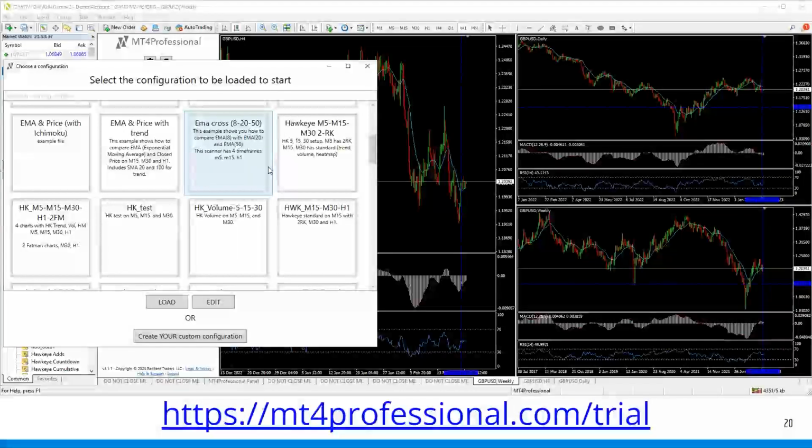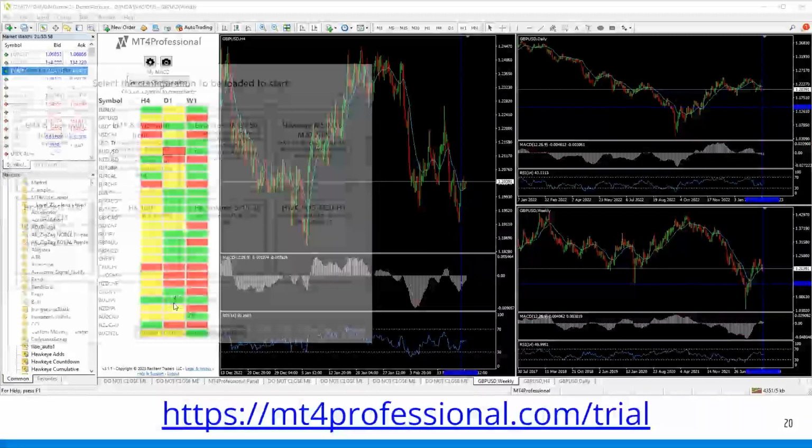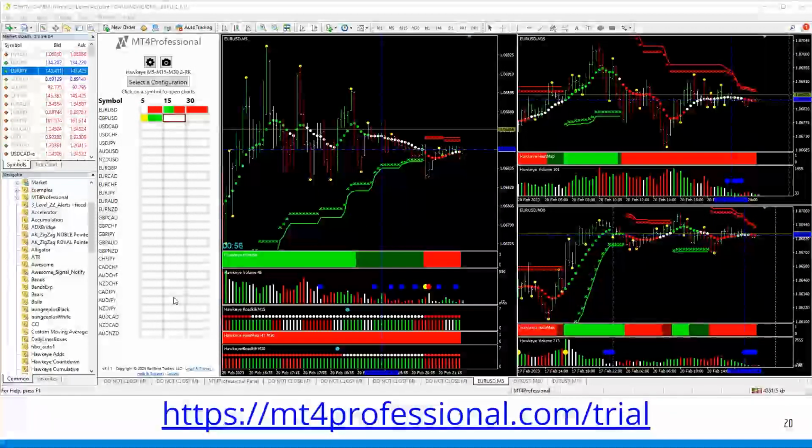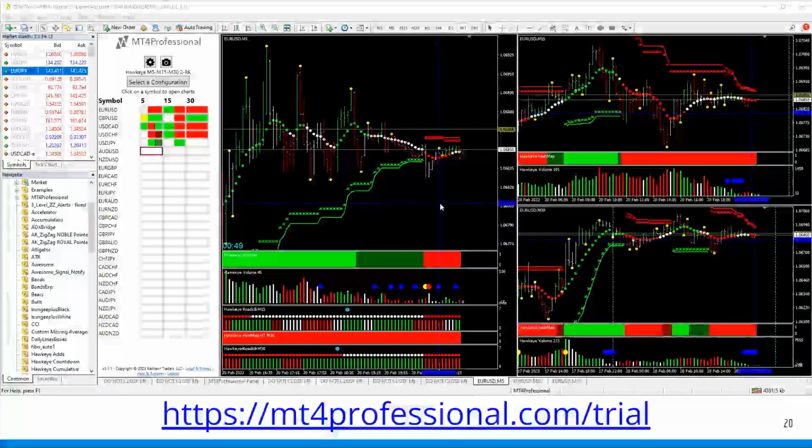Third-party indicators. Yes, you can use third-party indicators, and if you've written your own indicators or purchased some from another vendor, you can integrate and use those within the scanner just as well. Here's one that I like to show because it shows the Hawkeye tools, Hawkeye traders. It's a third-party vendor that sells indicators, and we fully use and integrate the software and the scanner itself with